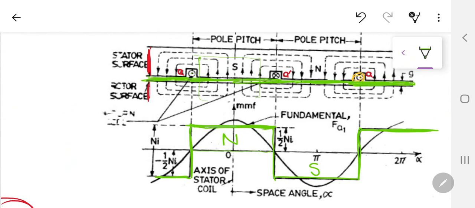Now this is the MMF in front of A and A dash slot. Between A and A dash slot, it's a square waveform, and inside the air gap, what is happening is, on half of the air gap, it's the North Pole, which is actually a straight line, so the MMF is constant, and on the north-south side, it is actually the negative side, so this is half of Ni. Because what is the total MMF being added over there? That is Ni. So half is in front of the North Pole, half is in front of the South Pole. If you add them together, this is certainly Ni total.